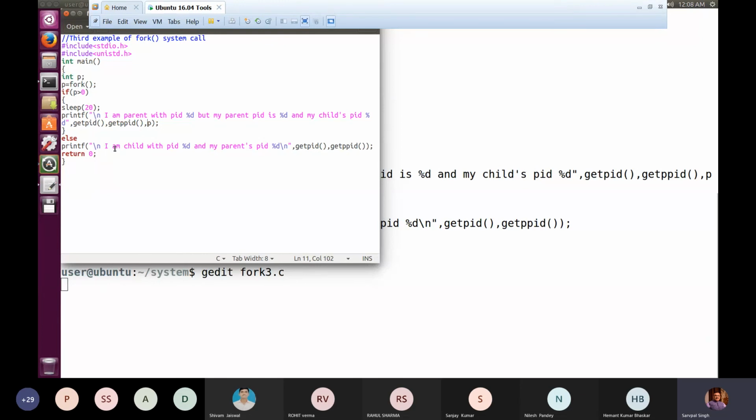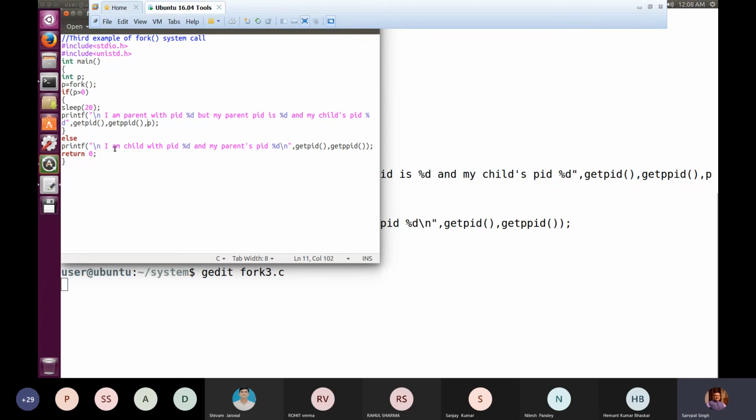ठीक है? Rather, because of sleep only the time quantum is getting wasted and nothing is happening, and eventually the time quantum of this parent will expire and the turn will be given to the child process. So this is one way to make sure that child should execute first, even if the parent is getting the turn first, because of sleep only we are making sure that time quantum is exhausted without executing anything, and eventually the control will be coming back to the child, and child is executing all its part and it is getting over, and then the CPU slots are given back to the parent.